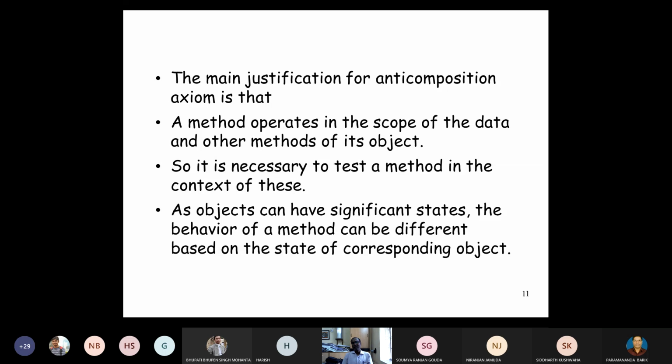The example I have already given is the account object. In a banking system, an account object has several states. When you open an account, it is in the initial state, or you can say the new state. When you make the initial deposit of 1000 rupees, it is the initial state. Then you can make any number of deposits and any number of withdrawals. That is the working state.